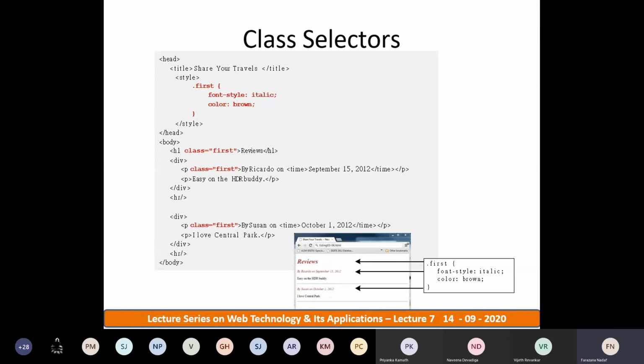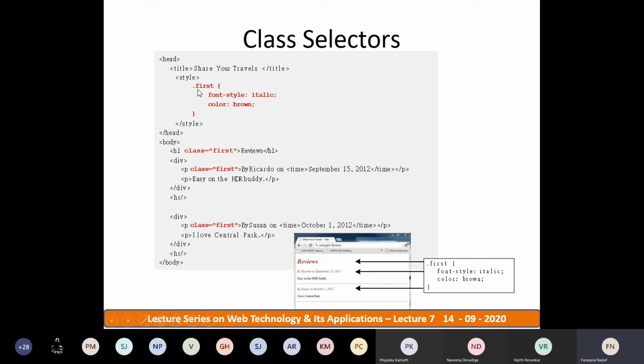So a class selector can be defined under the head tag of the HTML, using a style element. Under the style, you need to define the styles of a class. Those classes can be defined using a name. You can define any name for the class.